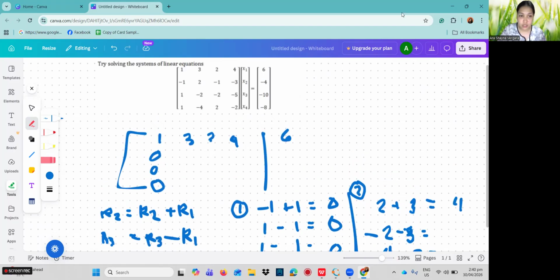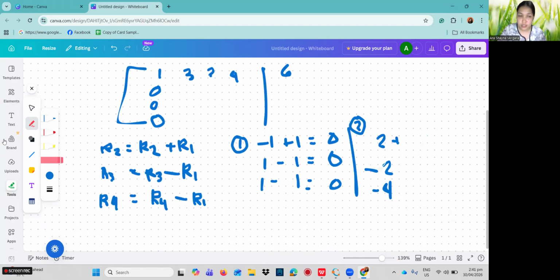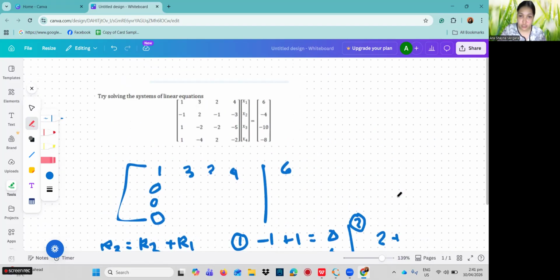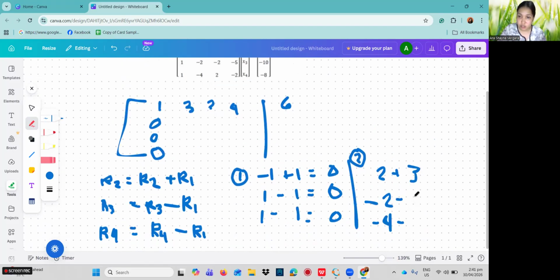Wait, let me correct that. So 2 plus 3, 5. Negative 2 minus 3, negative 5. And negative 4 minus 3, negative 7. So 5, negative 5, and negative 7.